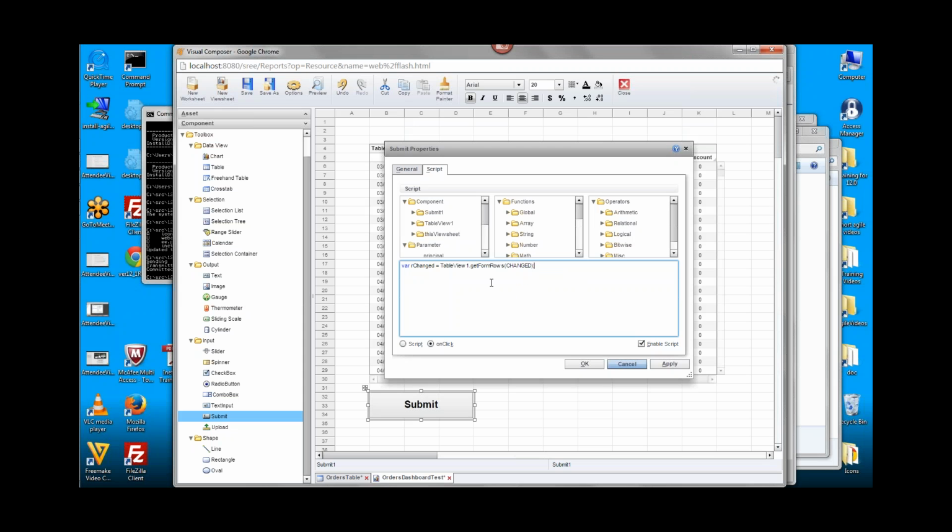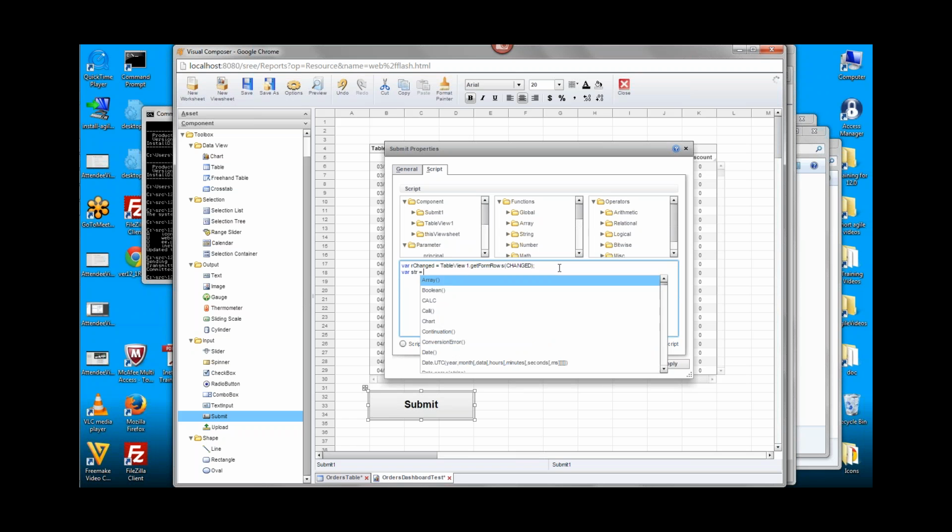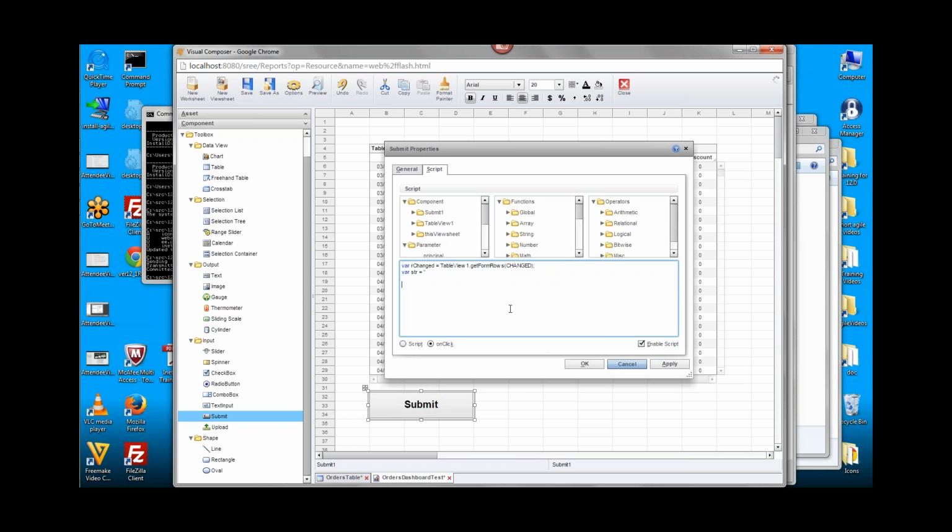So basically I'm using this special property and getting the array of rows that the user changed and assigning it to a variable called rChanged. So the variable now has that two-dimensional array. Then I'm going to define a variable called str, just start it off as an empty string. Then I'm going to iterate through the rChanged array and just use an alert. An alert is just a dialog box that pops up to display the contents of that array so that we can see what's going on.